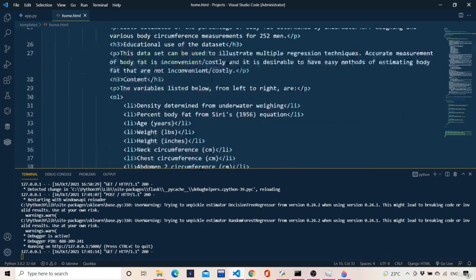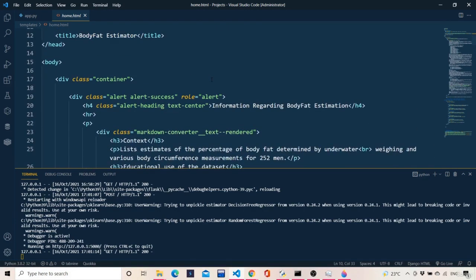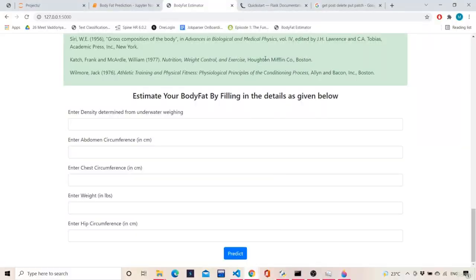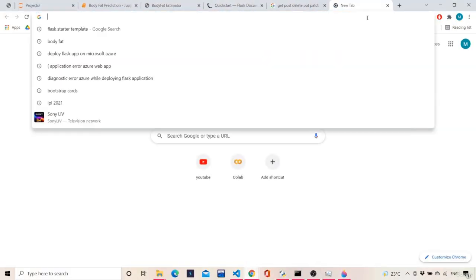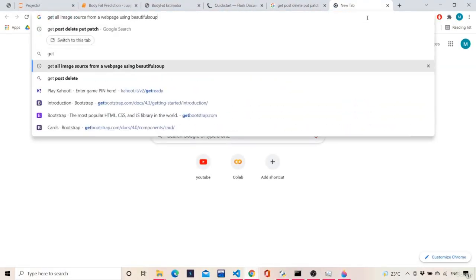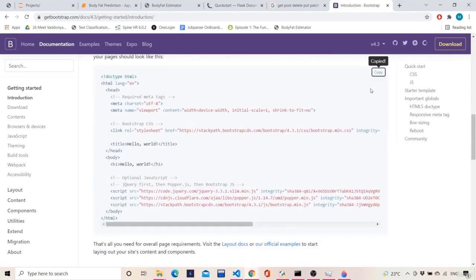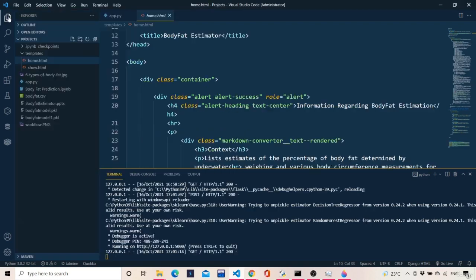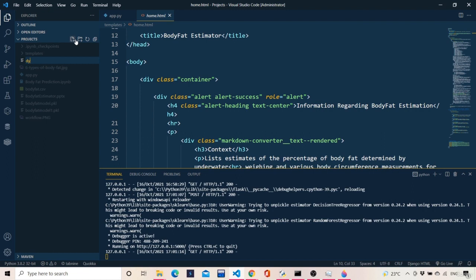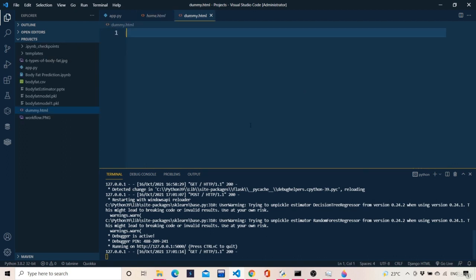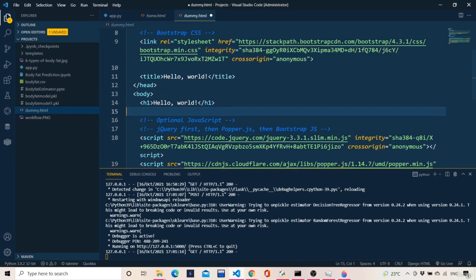Basically, in short, just go to bootstrap.com and copy this template over here. I'll showcase how I made the templates so easily and so fast. Let me make a dummy template over here so that it's easy to understand. If I make dummy.html and then enter, and hit this thing,